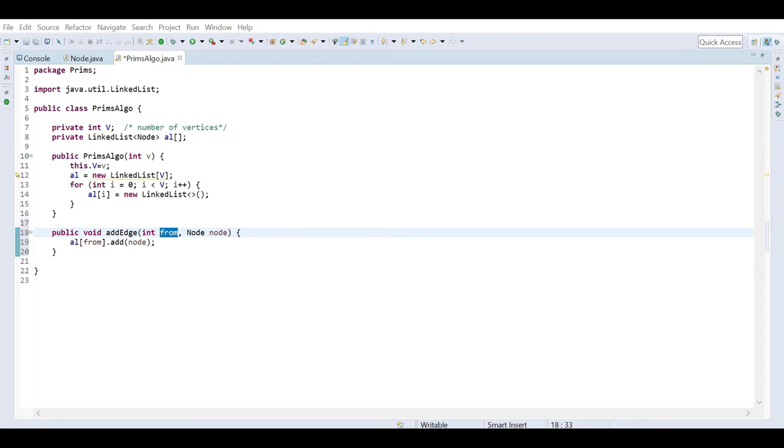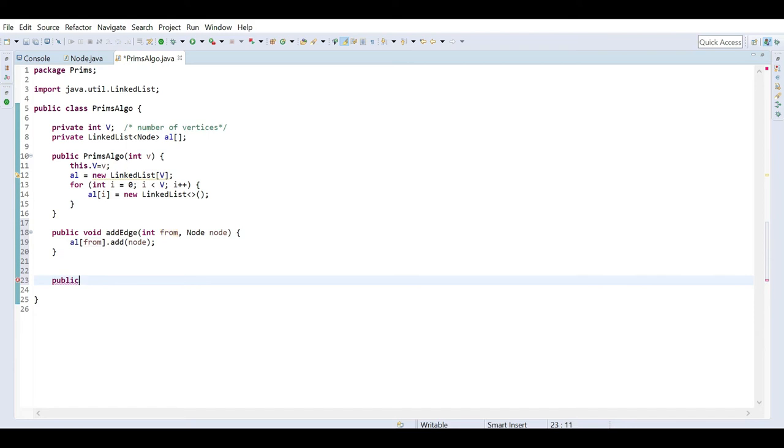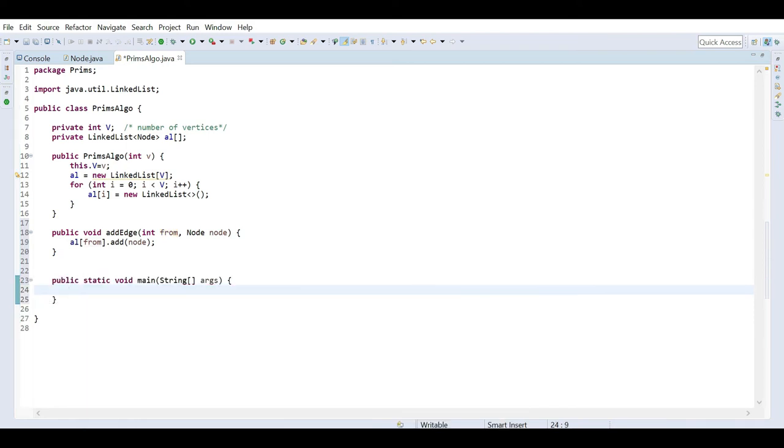Now I will write a main method where we can construct this graph and call this method.